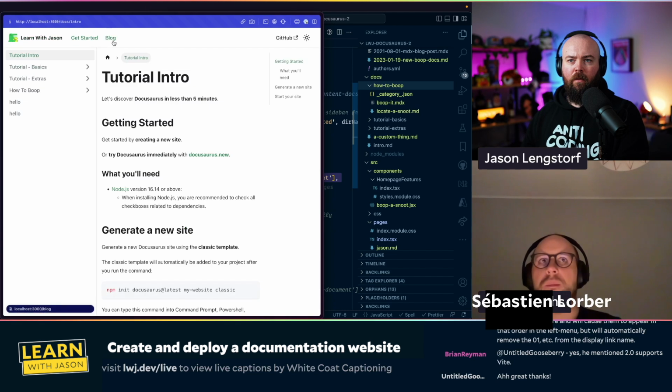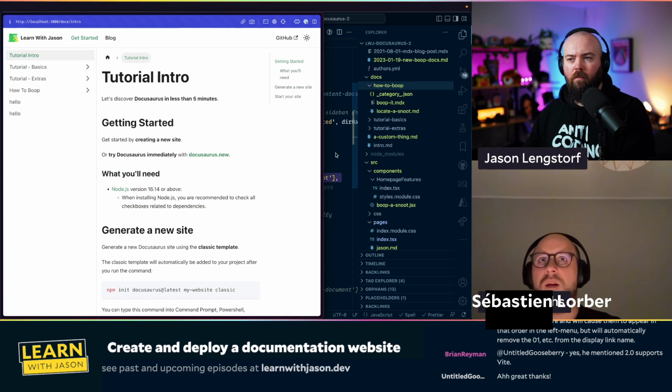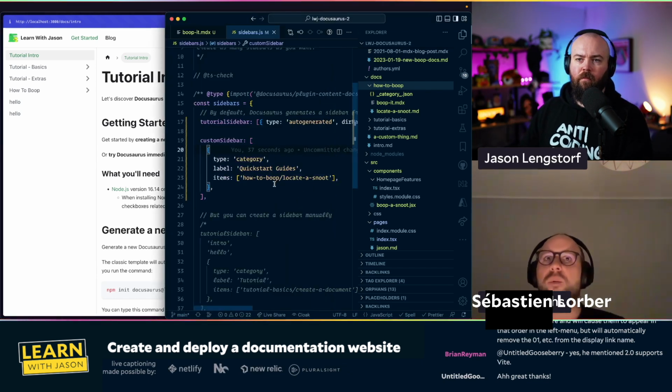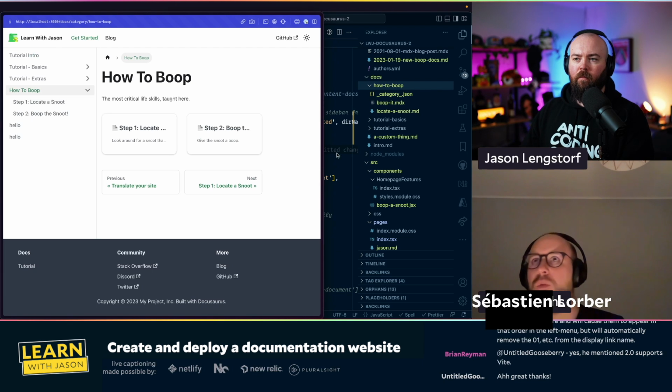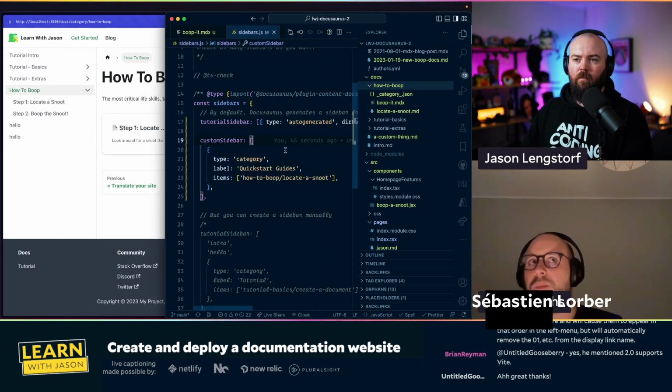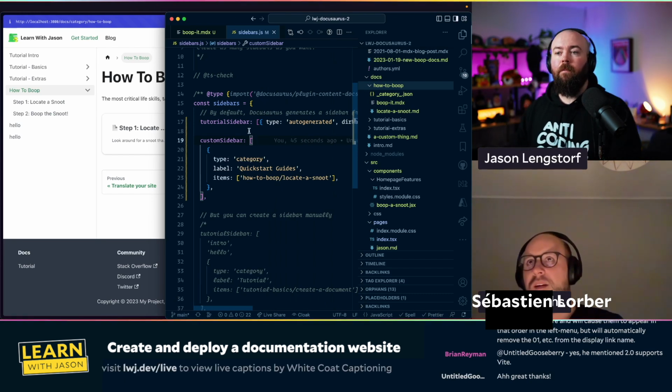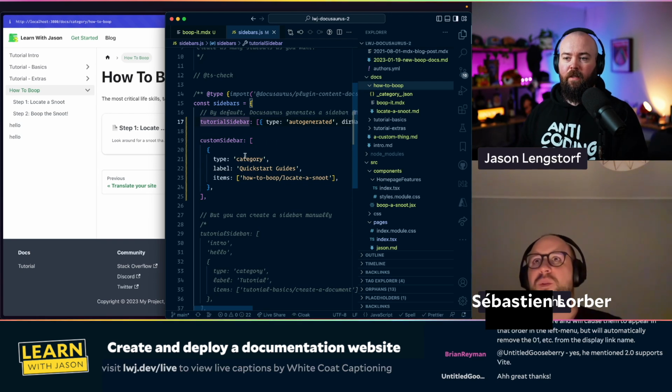There is just one problem, which is that you have some documents that are in two sidebars now, because the auto-generated sidebar generates from the root of your folder. So all the documents in the docs folder are in the first sidebar, and you also registered some of them to the second one. So there are documents that are in two sidebars. When you browse them, Docusaurus doesn't know which sidebar you want to display. So this is a bit of a problem, and you should rather. Okay, so to fix that,